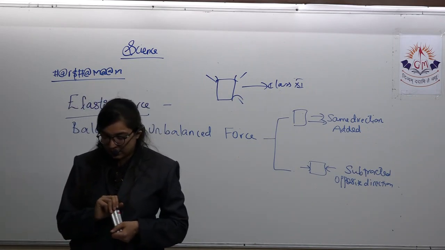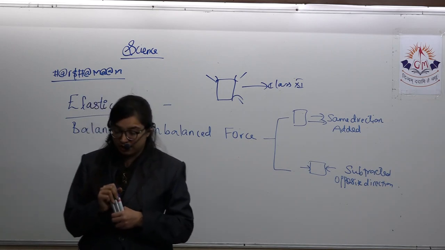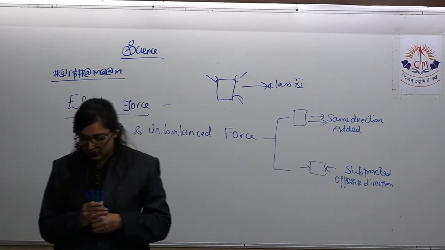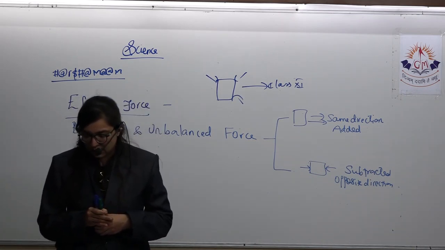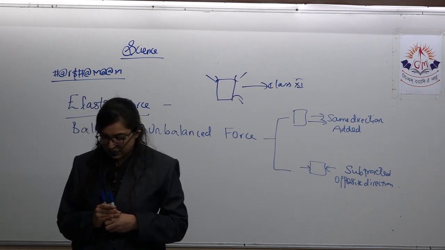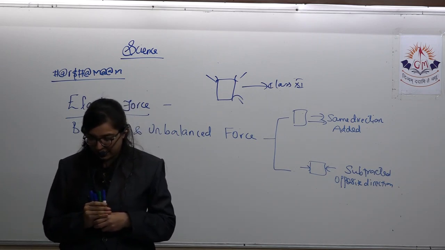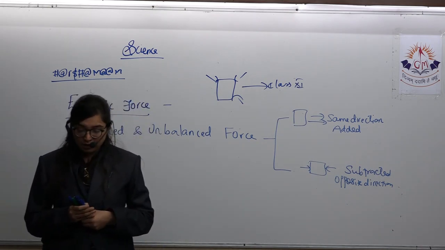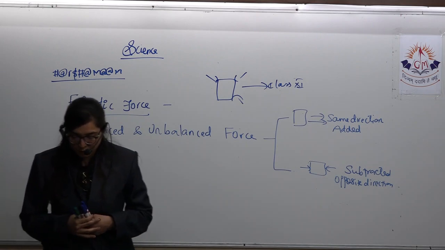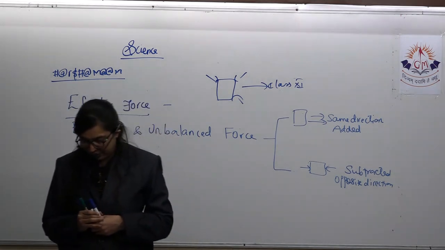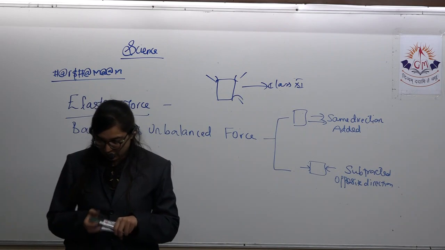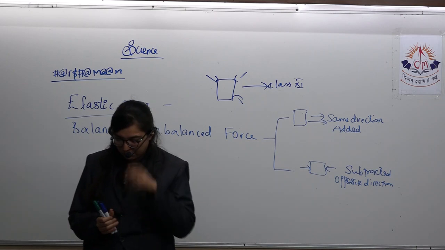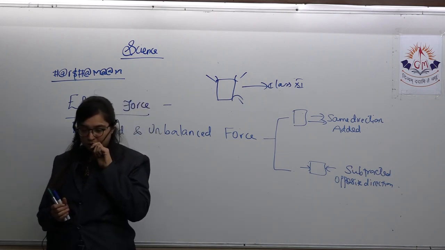A force that is exerted only when two objects are touching each other is called a contact force. A contact force can be small, such as the force you exert to push a pencil across a sheet of paper, or large, such as the force exerted by a traffic crane as it pulls a car along a street. Here are some of the examples. Among them, the first one is the muscular force. When you push an object like a school bag or lift a bucket of water, force comes from the action of the muscles in your body. The force that results due to the action of muscles is called the muscular force.